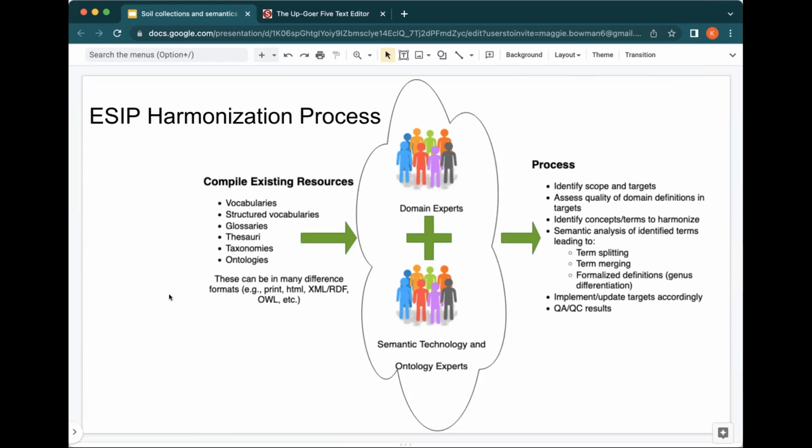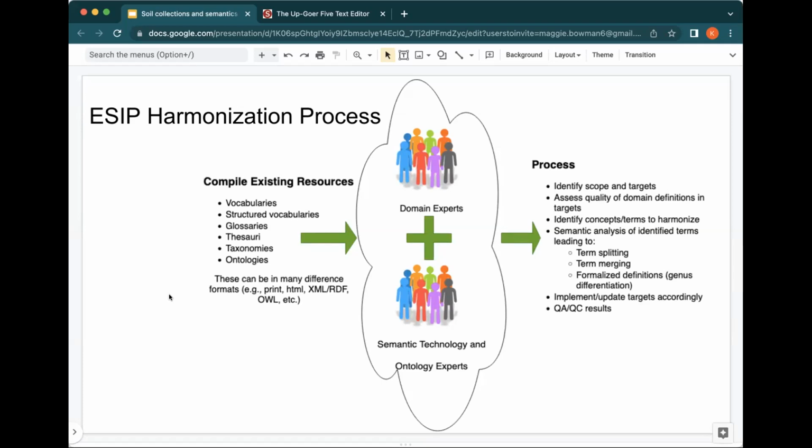You basically compile the resources you have into a list of what exists. And then you try and figure out what you're trying to achieve. In other words, you identify a scope and some targets. You assess the quality of the resources that you have and the concepts that are within them.